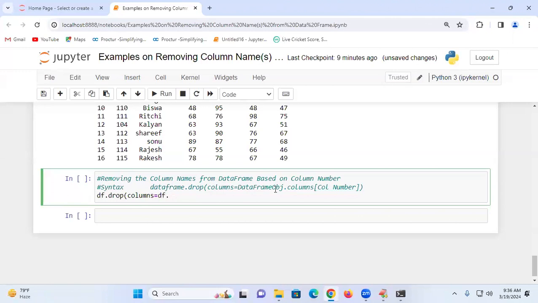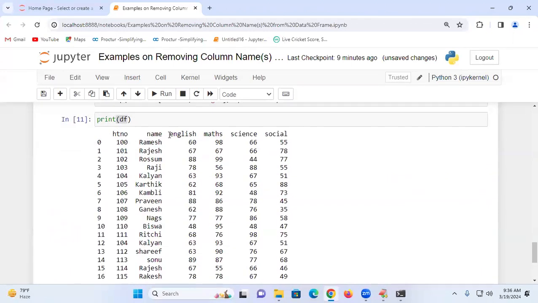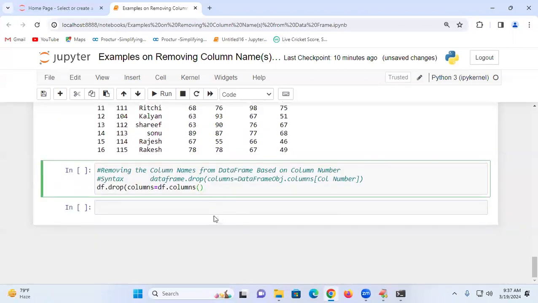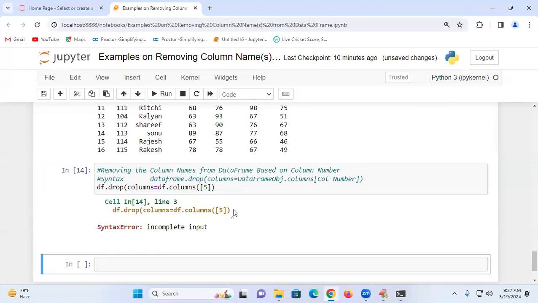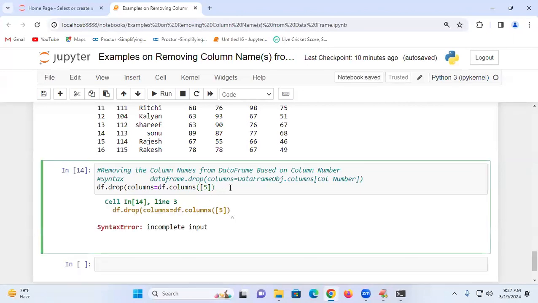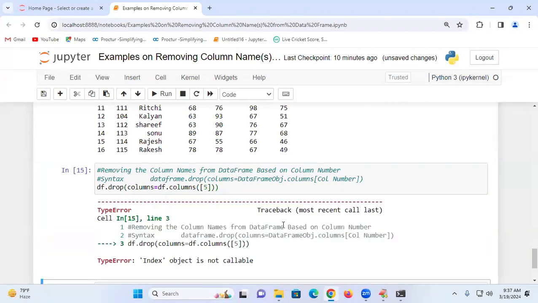df dot columns. I will write columns of what I will write? Column number. What is the column number? 0, 1, 2, 3, 4, 5. I will say here called what? 5. I am writing here 5. So I wrote it 5. Just observe it. Incomplete input. So write it. So it is going to be